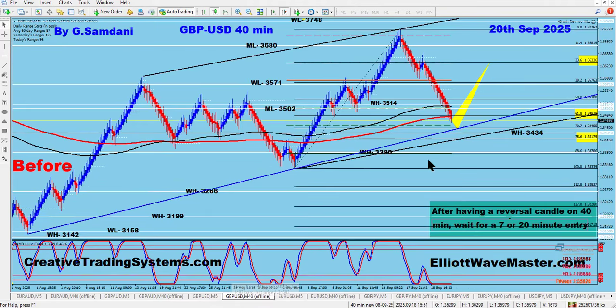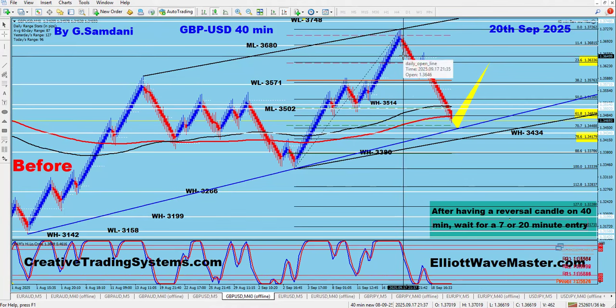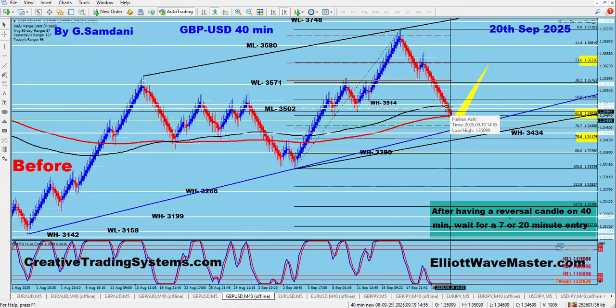Similarly, pound USD, see that? Beautiful extension, well extended area. And I said, well, if we're gonna drop, then I'll go short, and I did, and boom. And now I'm expecting that somewhere here is going to post a reversal candle. I will hear the alarm. I will get ready on the 7 minute chart, place my EA, and walk away. The EA will do the job.